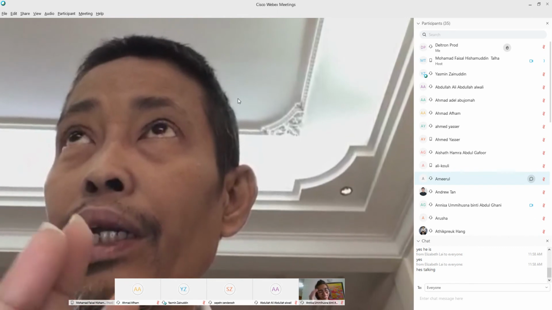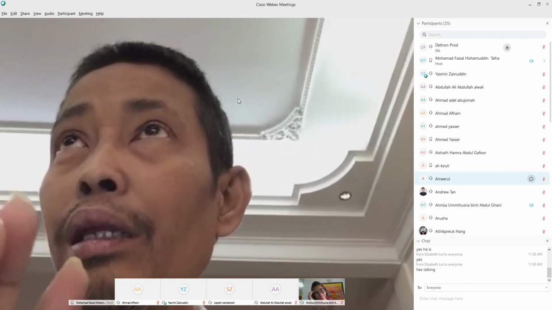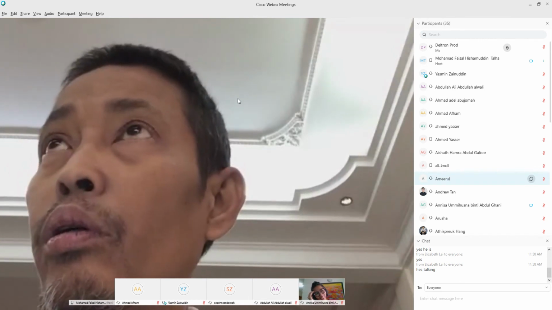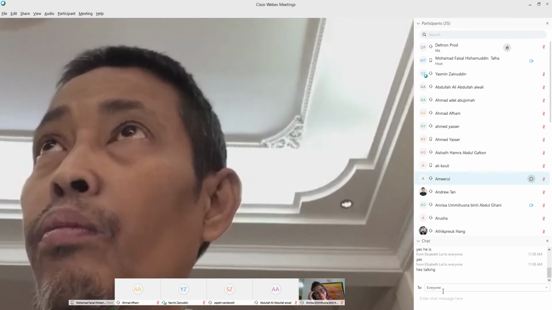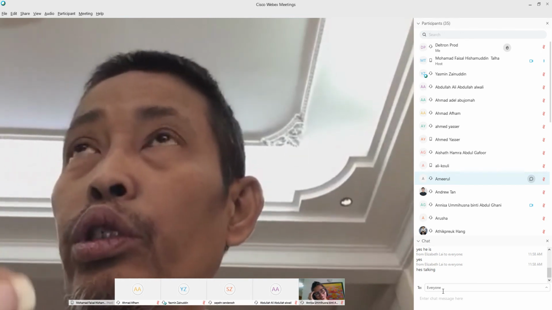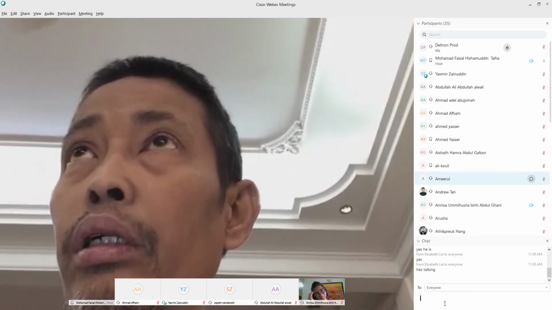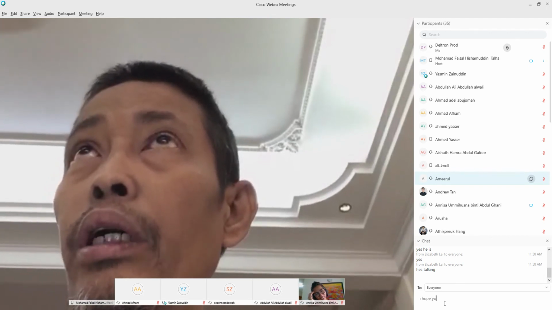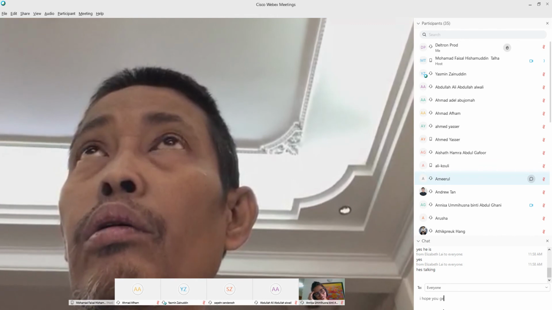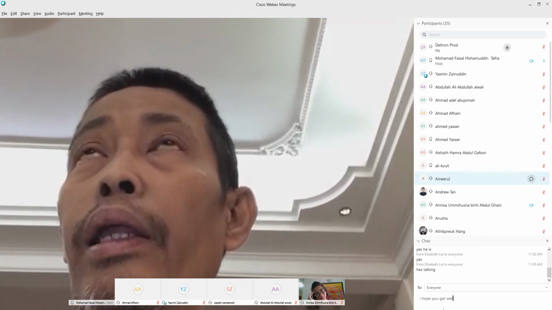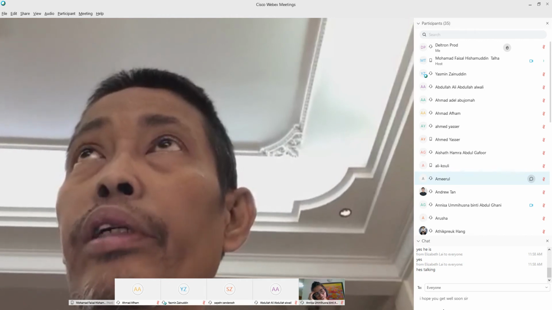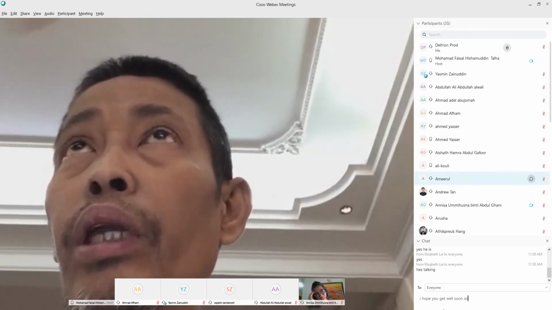My left eye already had a cataract operation, and the right eye has not. So technically, I'm short-sighted. Short-sighted means I can see what's close, but I cannot see what's far. I can see shapes and everything, but I cannot read anything. So I had glasses made for short-sighted. But after a while, my left eye became bad.